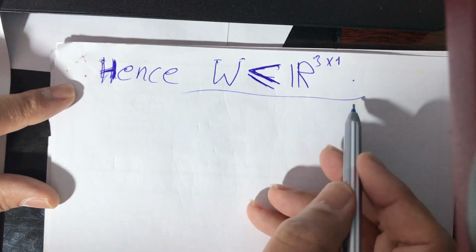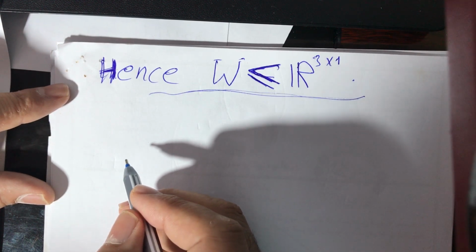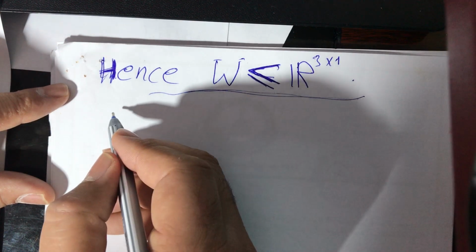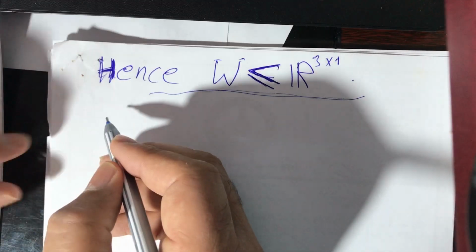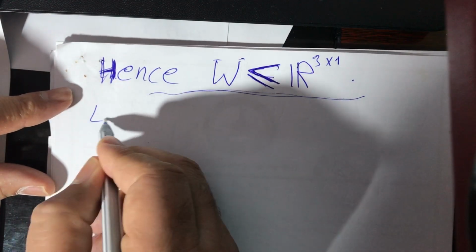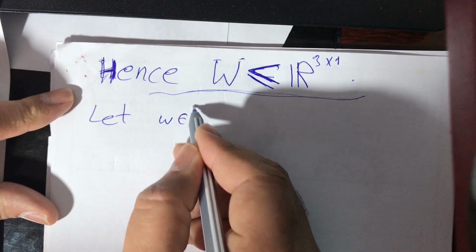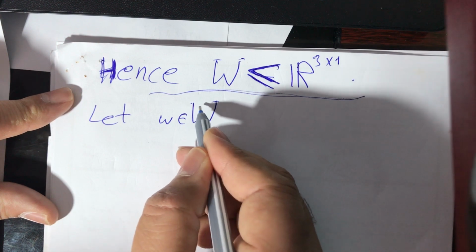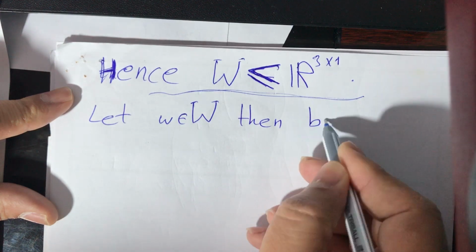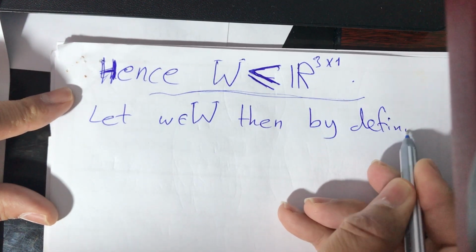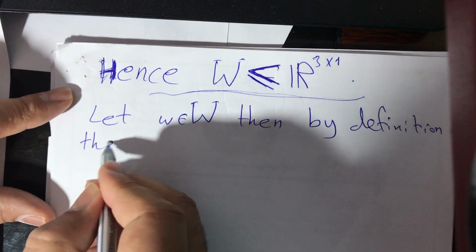And now we can show that this is a subspace of R^3 with the span. Let W be an element that belongs to this set. Then, by definition, there exists